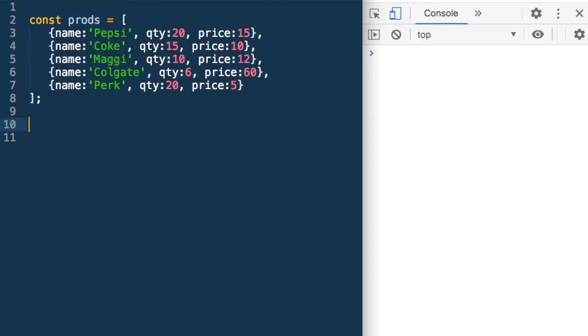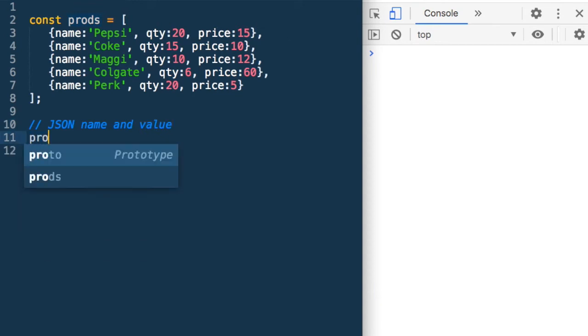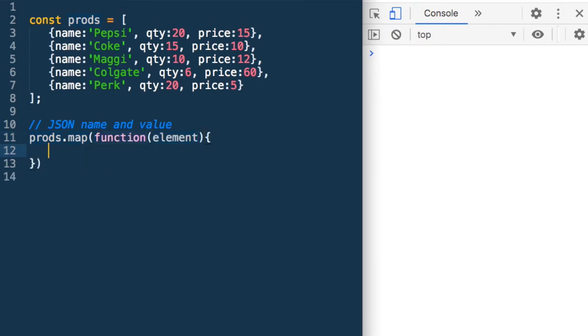Suppose we have this array prods which has these JSON, and each JSON has name, quantity and price. So we need to create a new array, and that array the JSON should have the fields name and value. So let's say we do prods.map function element. Now the element is a JSON. So what do we need to do? We need to create a new JSON. So we can create a new JSON. Let